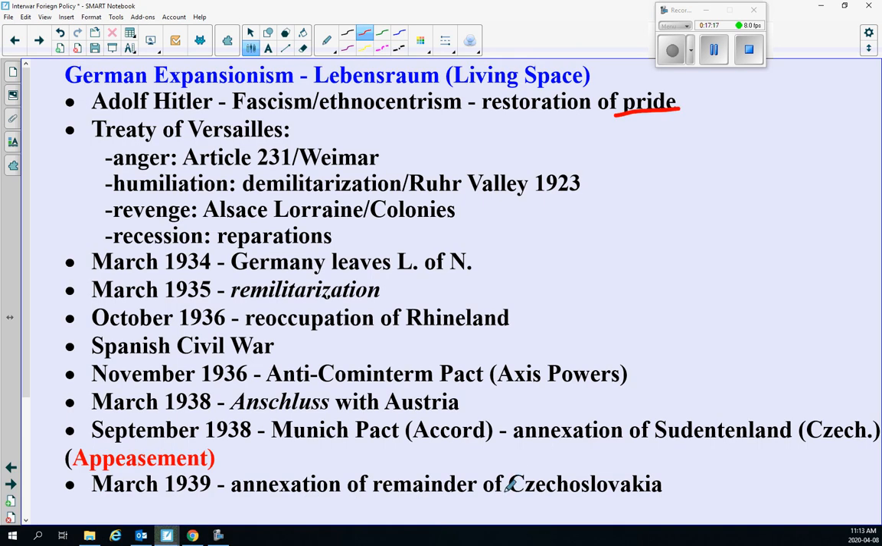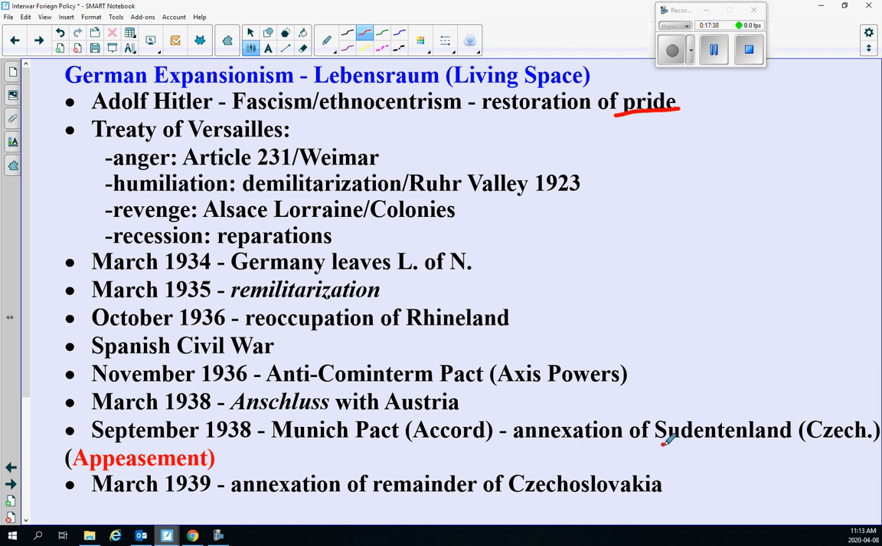In March of '38, the Germans unify again with Austria under what is known as Anschluss. One more time, they're not supposed to be doing this. This is a violation of the Treaty of Versailles. And in September of '38, they signed the Munich Pact, which basically is an agreement that Germany is going